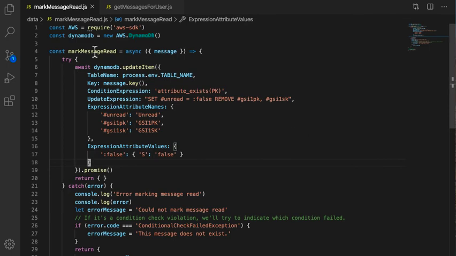First, the mark message read function. We're going to pass in a message, and run an update item operation in DynamoDB using that message as the key. We make sure that the message exists, because we're not going to be manipulating a message that doesn't exist. If it does, we change the status of unread to false, because now it is read. And then we're also going to remove those two GSI1 values, the GSI1 PK and GSI1 SK, because we want to make sure that it's no longer included in that secondary index